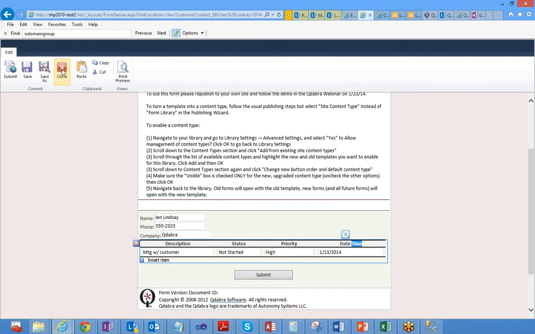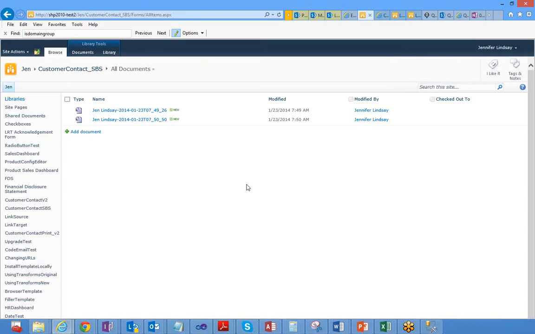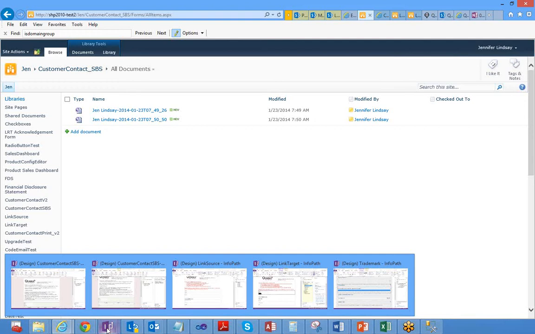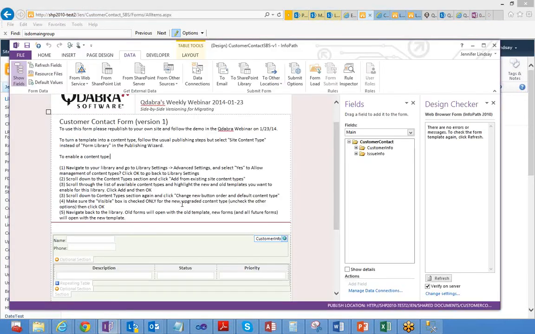And yet, we created both of these forms and submitted them to the exact same library. So what's going on behind the scenes? Well, what we've done is use a built-in feature of InfoPath called content types. And a content type is basically, think of it as an InfoPath template that can be associated with any library